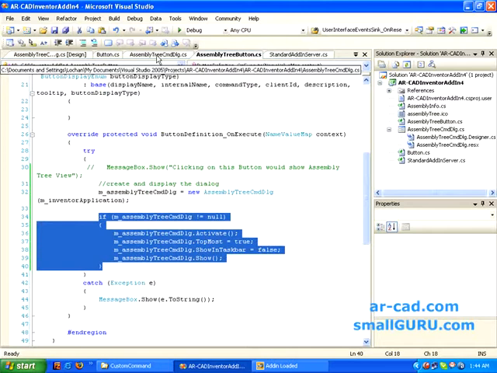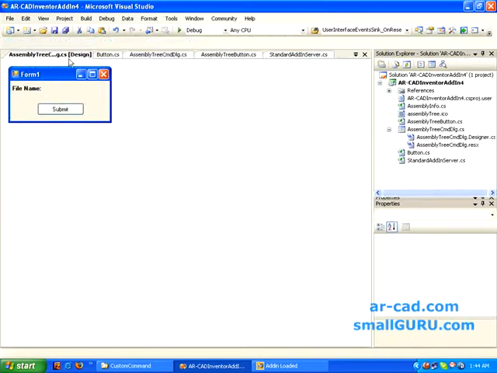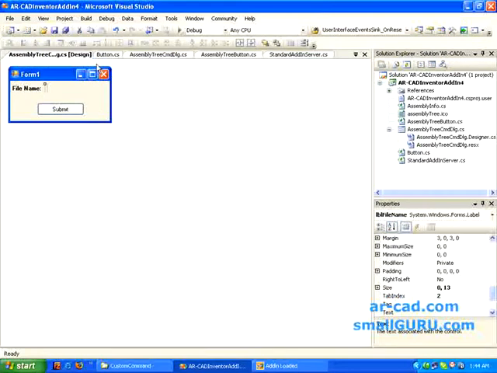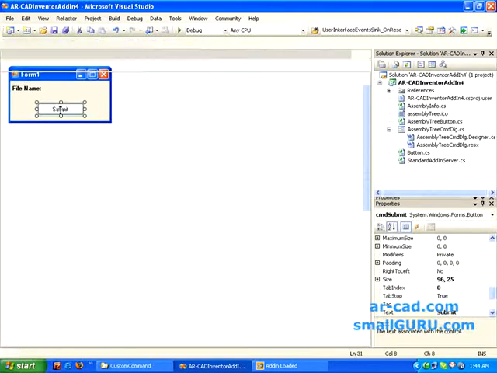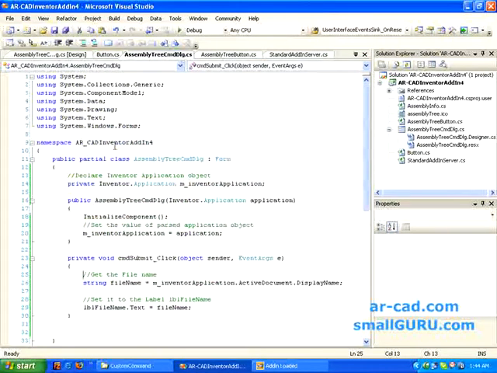We'll go to assembly tree cmd dlg design file, and we double click on submit, so that will take us to the code view. This is the code of our command dialog, and it inherits from form.